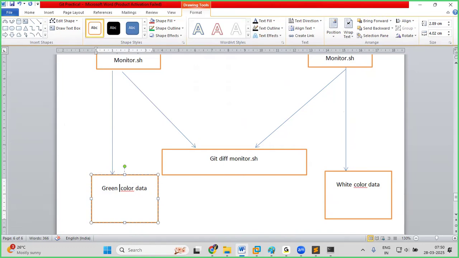The data, whatever content we have written, that content is in green color. Green color data is different. Note that point. Okay. Green color data is different. It's not a completely entire file, it's data. Okay. Now, if you apply the git diff command, we can see